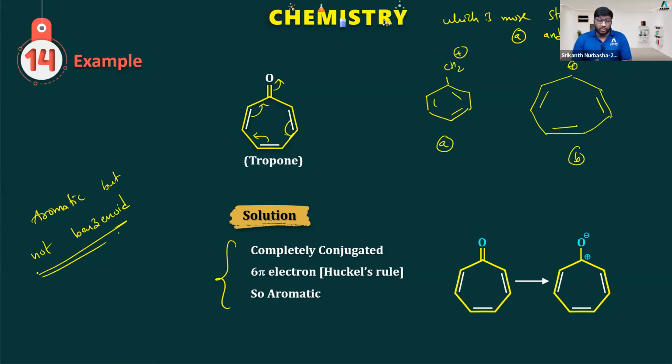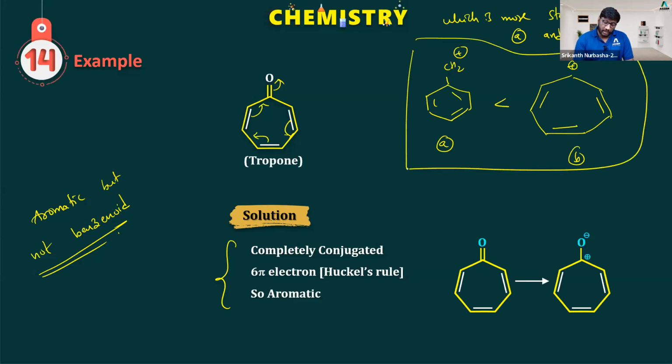Okay, so B is more stable, that is true, but the reason is B is stabilized because of involvement of positive charge in the resonance with pi electron density, it gains aromatic nature. Okay, B is more stable than A. A also has aromatic nature, normal resonance is also there in A. B is more stable than A because